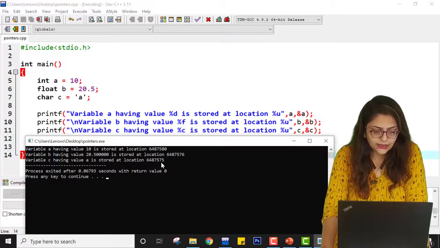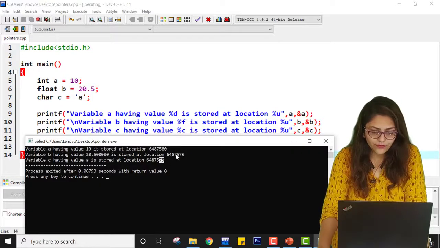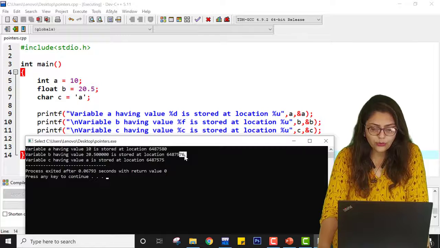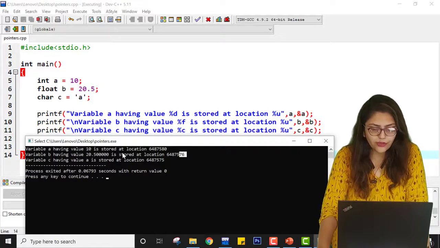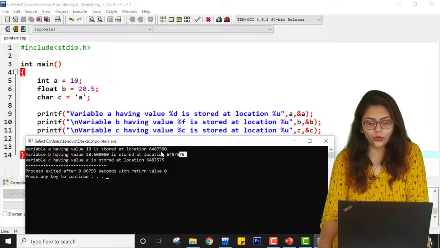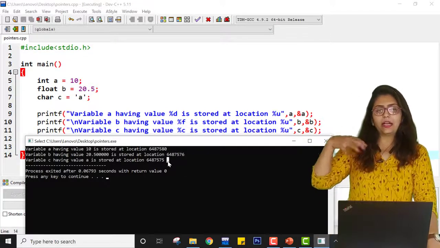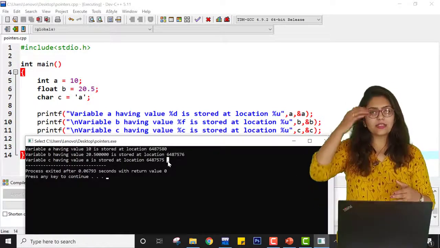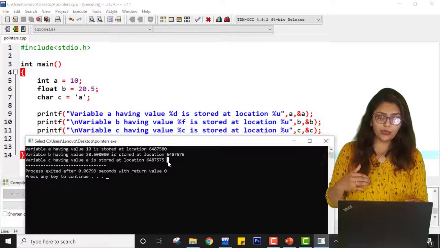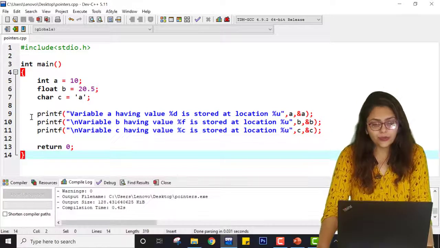So you can see that c is taking basically 1 byte. That's why after 75, it is assigned at 76. Now this b is a float variable which is taking 4 bytes, so after 4 bytes I am assigned some value. So I have been assigned contiguous memory locations. We have memory blocks and I have assigned contiguous memory locations. You can see this, right? So this is how you can deal with addresses.